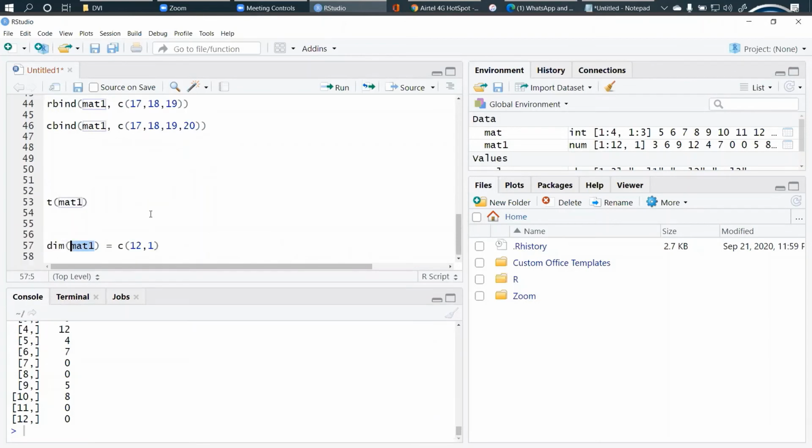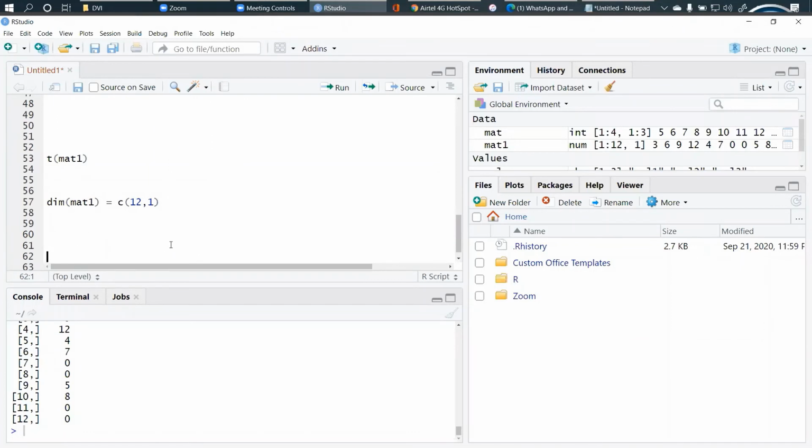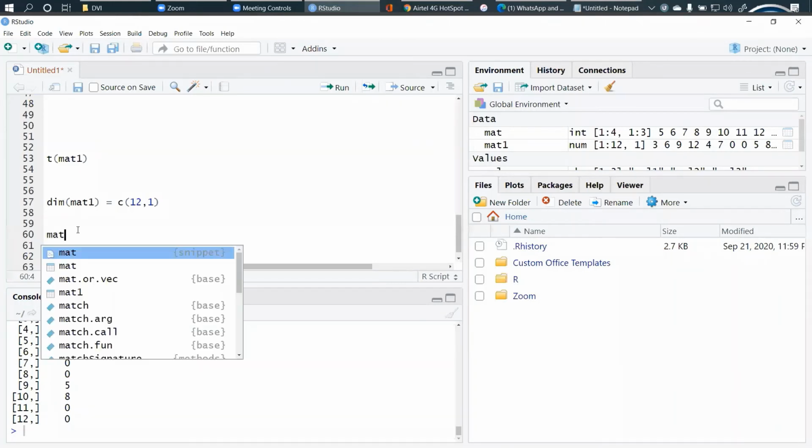Okay, there's a pop-up that we are having 10 minutes. So I need to complete matrices, factors, and data frames today. Right, so similarly, you can perform operations such as addition, subtraction, division, multiplication. For that, you need to take 2 matrices. So you can take this as homework as mat 1.